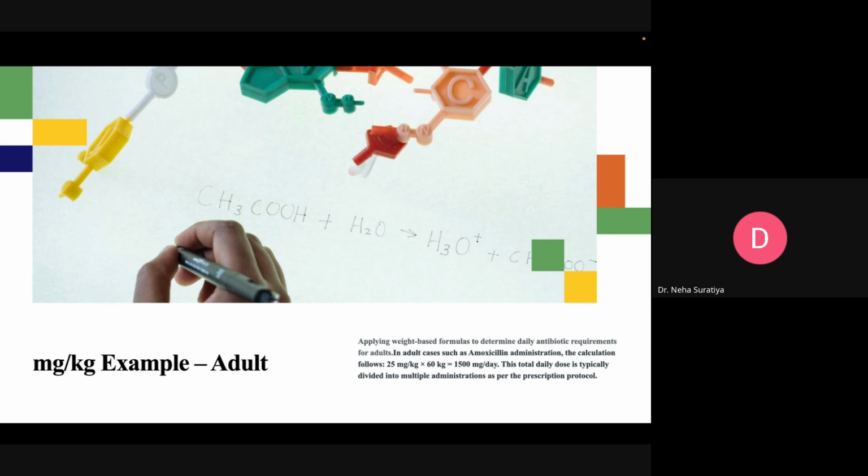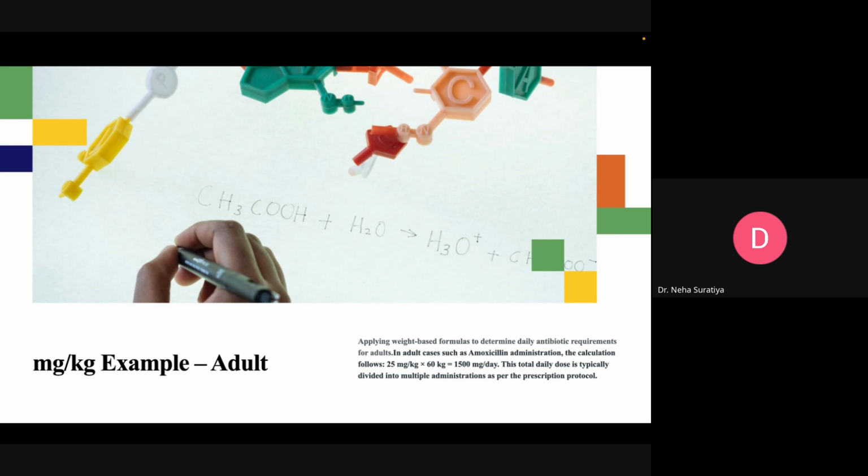I am again repeating, an adult was prescribed amoxicillin 25 mg per kg per day. So what will you be doing here? 25 is mg per kg. Of course, for 1 kilogram, 25 mg is required. For 60 kilograms, how many milligrams are required? It is a simple calculation, 25 multiplied by 60, right? And it will give you the dose, that is 1500 milligram